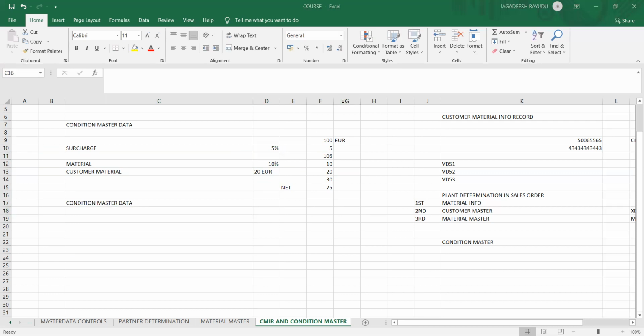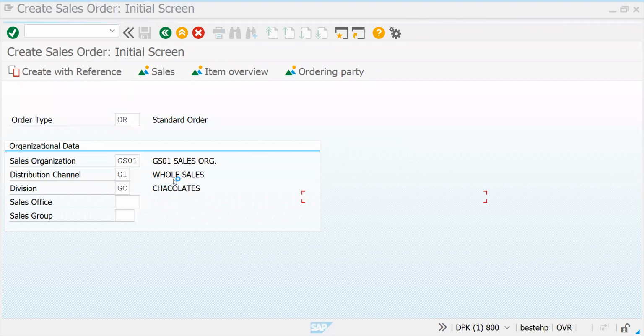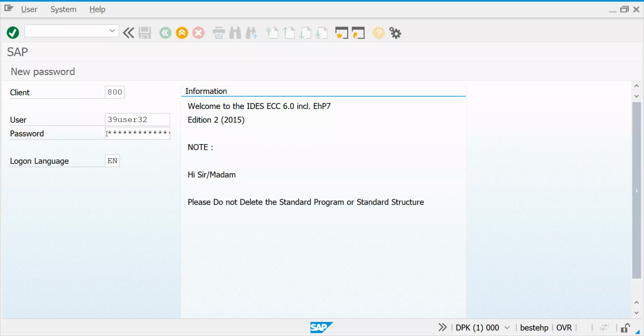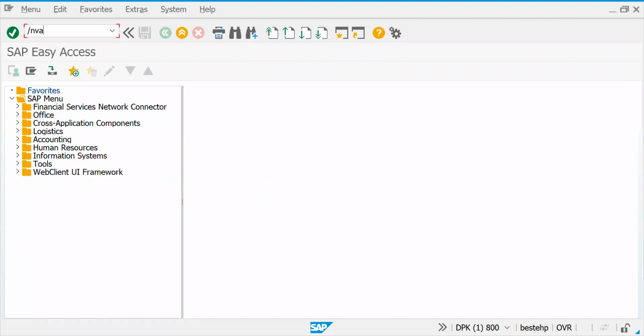So let's go to the SAP screen. I have resolved one issue. Let me create a sales order now.